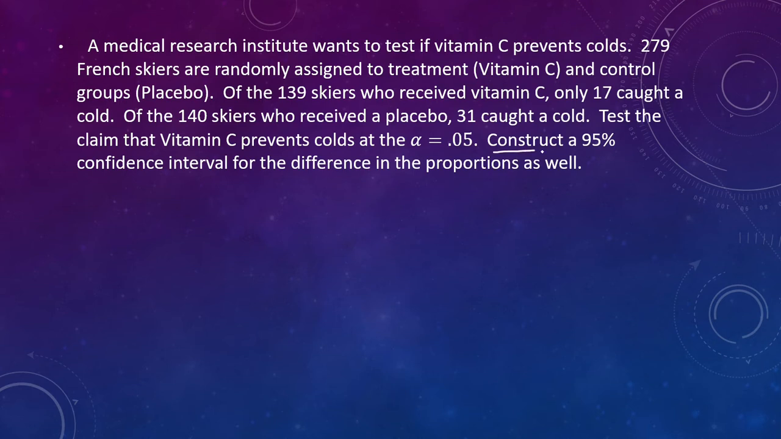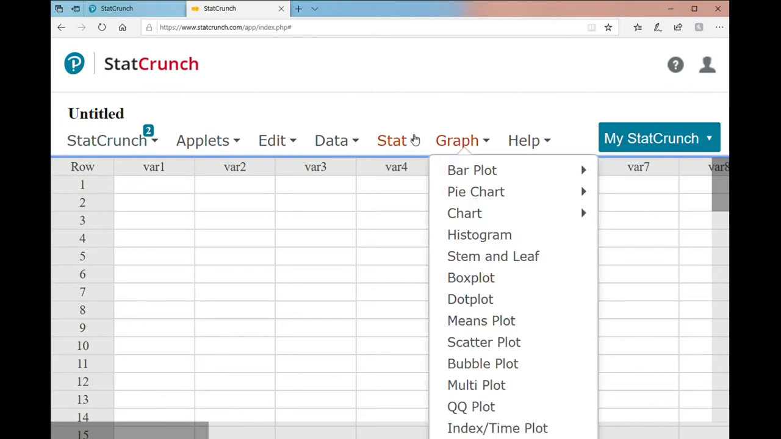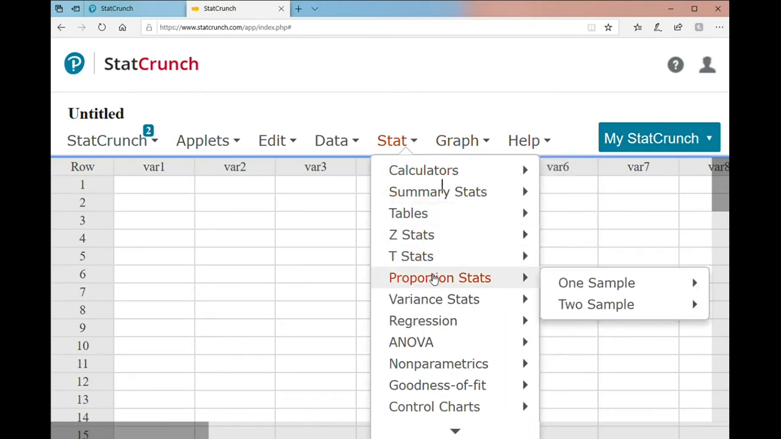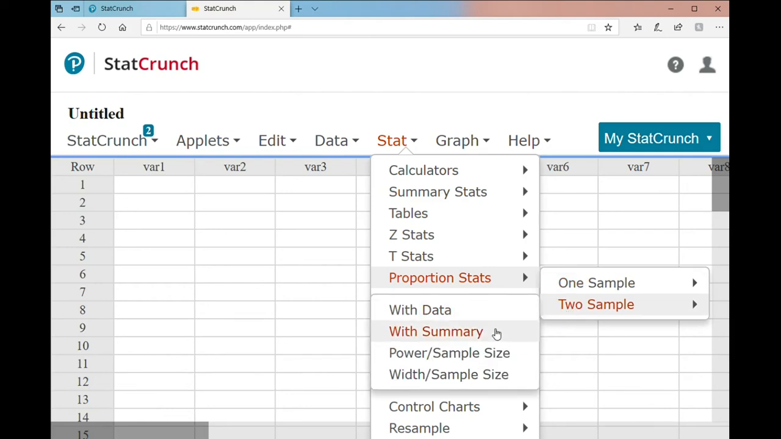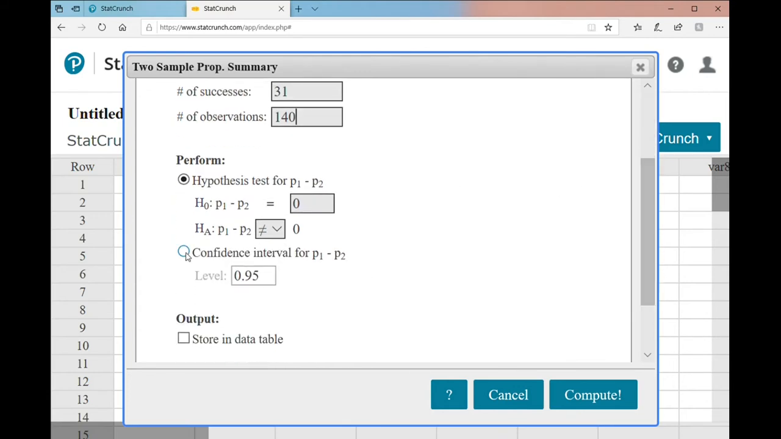Now let's construct a 95% confidence interval for the difference in the proportions. For that, we'll go to StatCrunch. Let's construct a confidence interval. I'm going to go to Stat, Proportion Stats, to Sample with Summary, and we'll put the number of successes, 17, the number of observations for the first group, 139. For the second group, we have 31 successes out of 140. We'll scroll down to confidence interval, and we want a 95% confidence interval, so we'll click this option and we'll